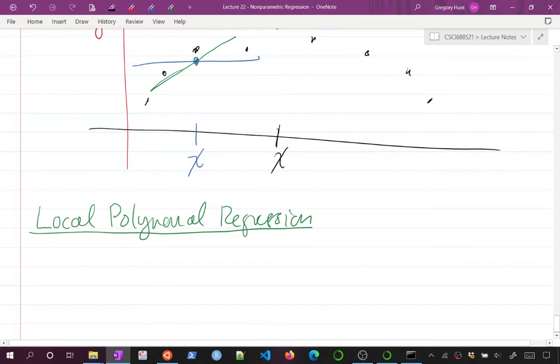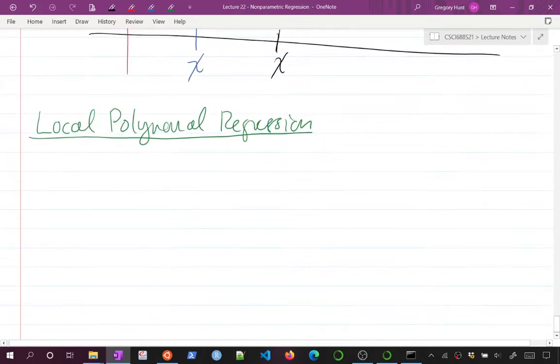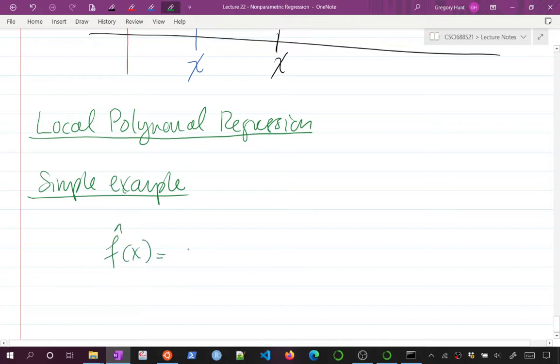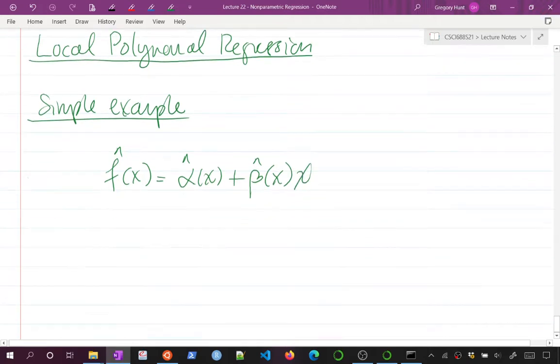So a simple example would be to say f hat at some x is going to be, let's say, alpha hat, that will depend on x, plus beta hat, that will depend on x, times x,